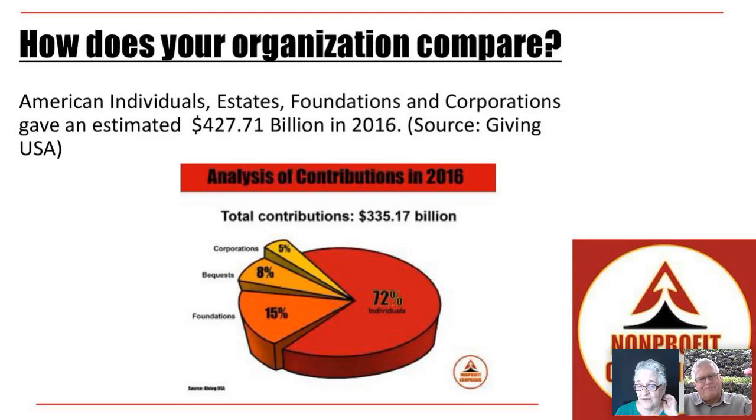But another thing that affects that is that when you look at who gets the money, the majority of money in the United States goes to religion. And money to religion almost always comes from individuals, because most businesses and foundations won't sponsor religion. So if you take that piece out of it, I've done some slicing and dicing of these figures in some of my books to come up with what I think is more realistic. But I don't want to spend too much time on this. Well, yeah, we've got 90 minutes every Wednesday to go into this stuff, right?